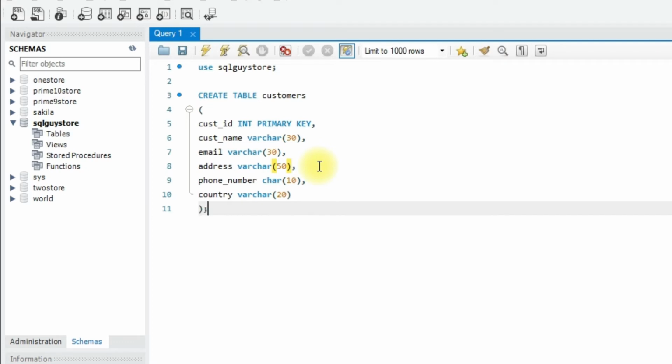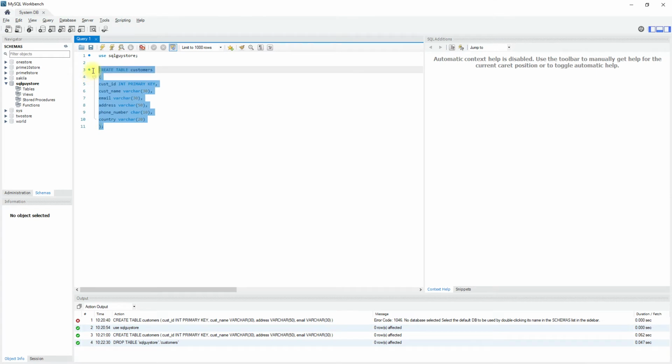Close the parenthesis, semicolon, and let's run this statement.